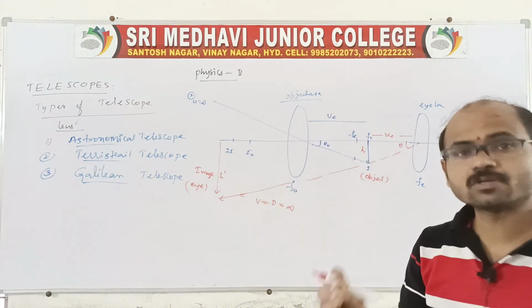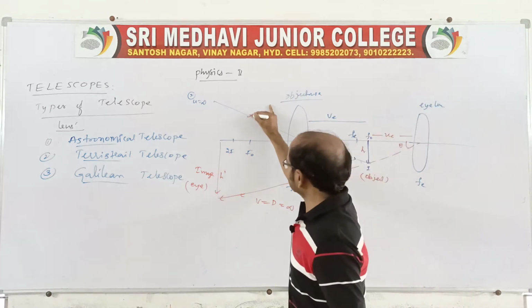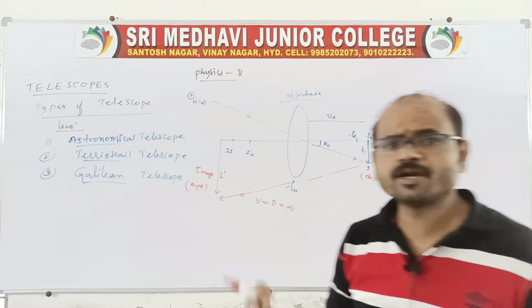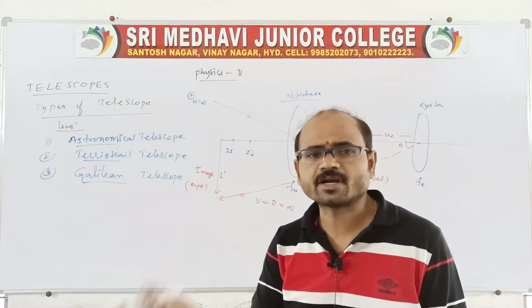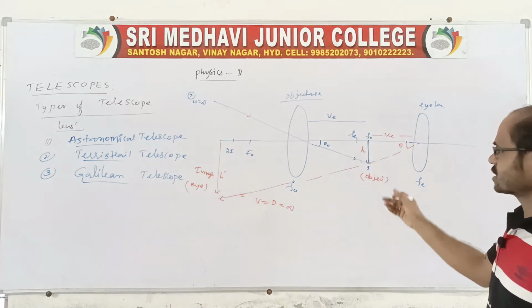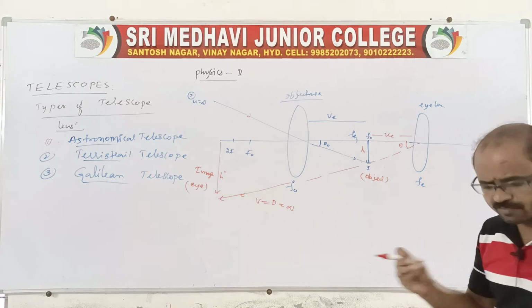It is also called geometrical optics, because we are taking only rays. All of this, microscope and telescope, whatever we discussed in this chapter, is related to geometrical optics, because we are taking only ray diagrams. Now we know magnification. By using this, we have to find the magnification. Sir, what will be the magnification?